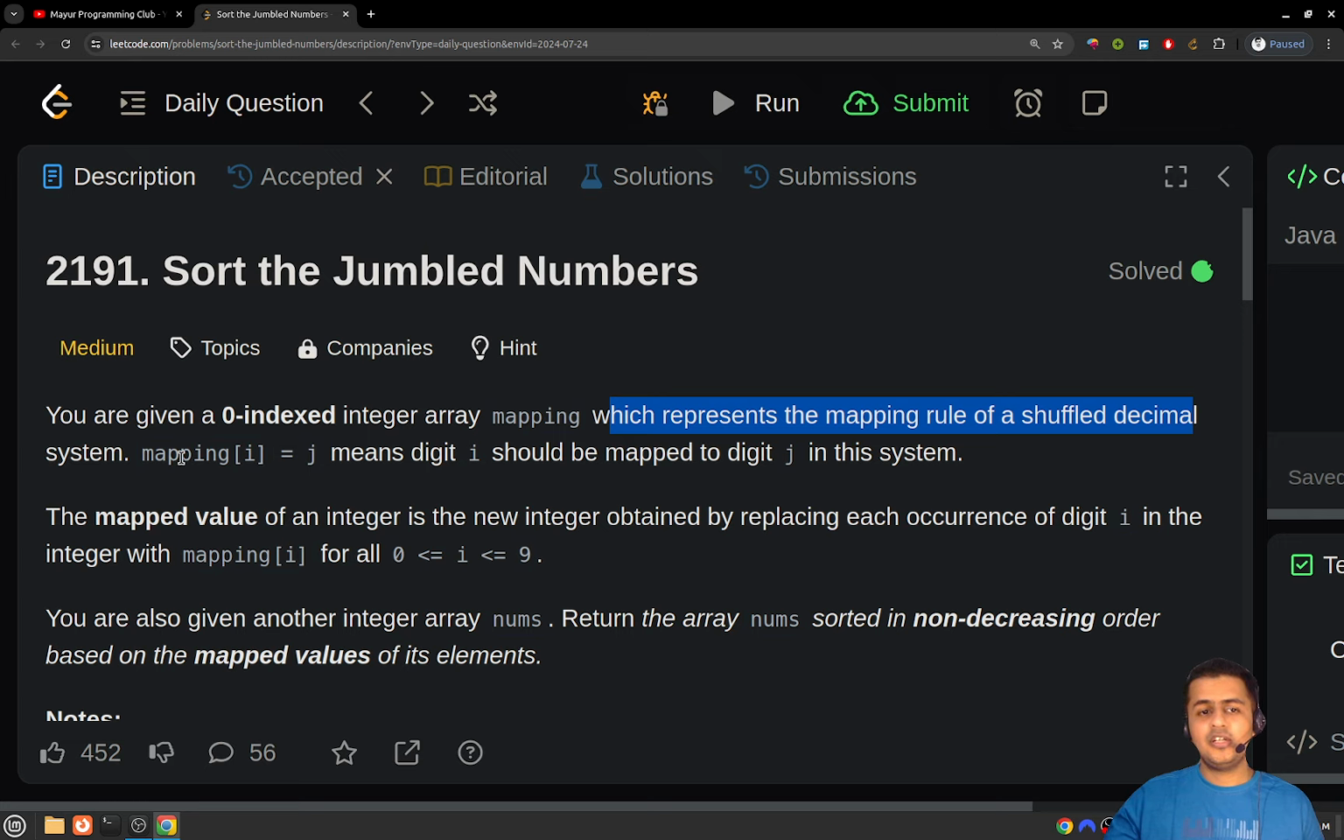Each entry in this mapping array will be the replacement of the digit at that index. So if there is a mapping from the ith index to the jth entry in this mapping array, then it means that the digit i should be replaced by, or mapped to, the digit j. Okay, for example,